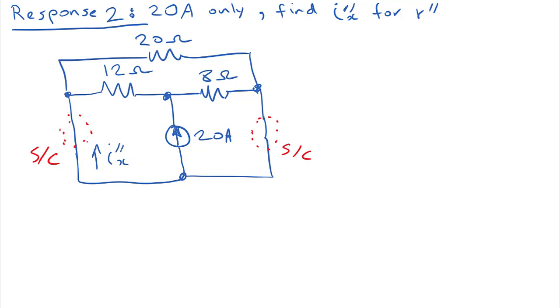Okay, so now when we examine this circuit, we can actually see that there's going to be no current flowing through this 20 ohm resistor because it's shorted on both sides by the wire underneath. So we have no current flowing through the, I'm just going to do that in green. So no current flowing through the 20 ohm resistor. No current